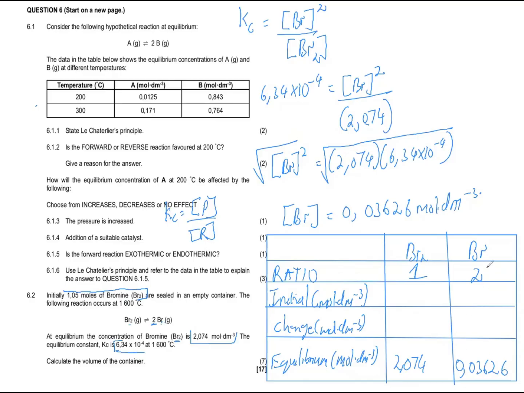0.03626. But since this is a product, we know that initially there was no amount of products there. So what's the change? The change is that it gained that concentration of 0.03626. And in order to get this one, we have to apply our stoichiometry, which is: I take this, multiply by 1, then divide by 2, right? So take this, cross multiply with 1, and then divide by 2 to get that. So if you do your maths there,